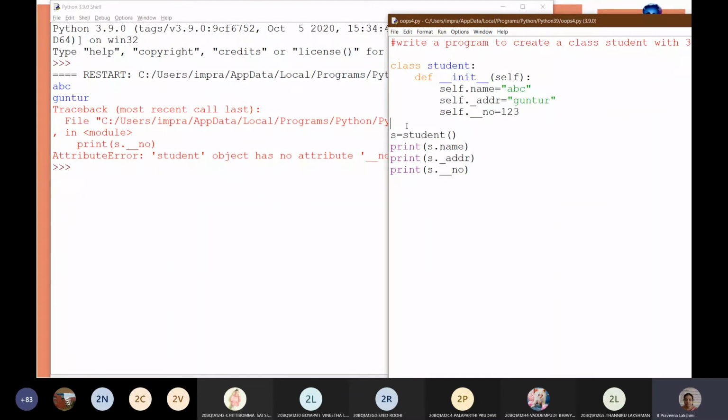Say for example I have one more class, and we are able to access the address. The employee class is not related to the student class, so within that we cannot access the protected member. Private is also not accessible and protected is also not accessible. Only we can access the name. So in non-related classes and non-related places we are not able to access the protected member.